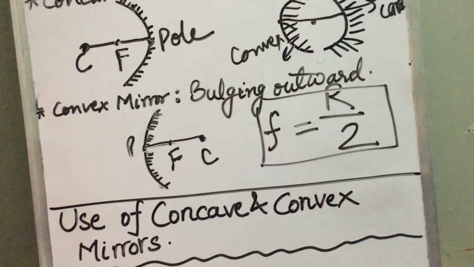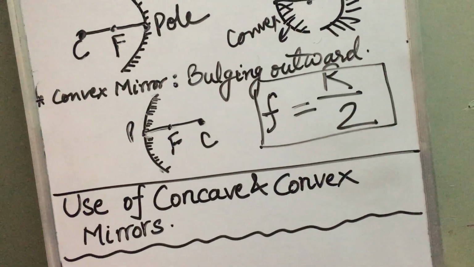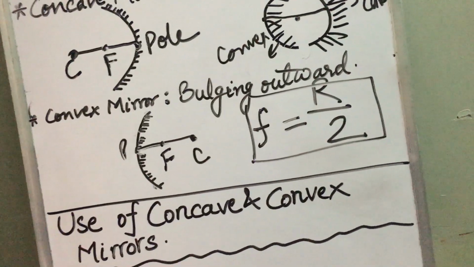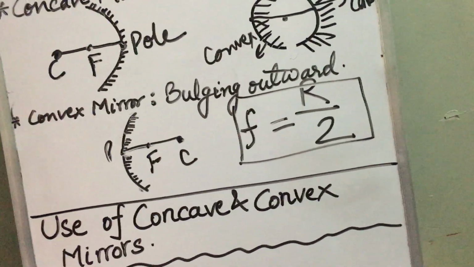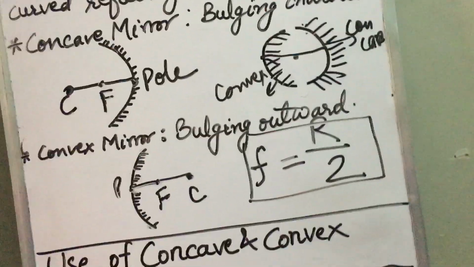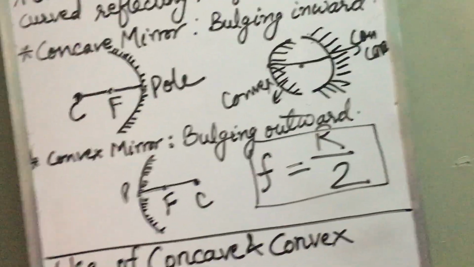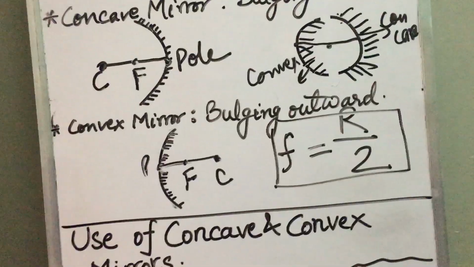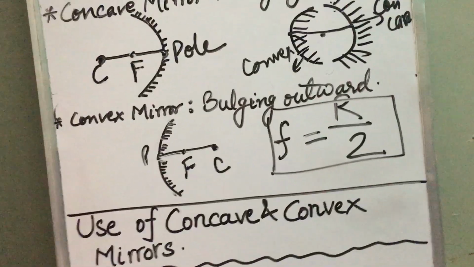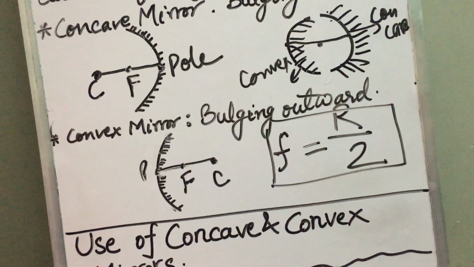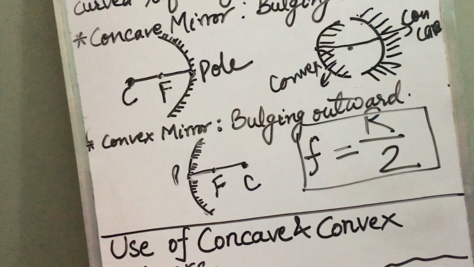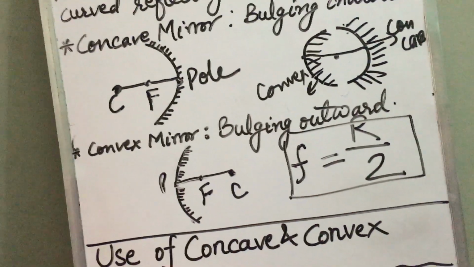The side view mirrors are actually convex mirrors, because they form an erect and smaller image. They form what? Erect means straight. Okay, that means the head will be seen as head, and the bottom will be in the bottom in the image as well. So the convex mirror is used as side view mirror on the passenger side of a car because it forms an erect and smaller image of the car way behind.